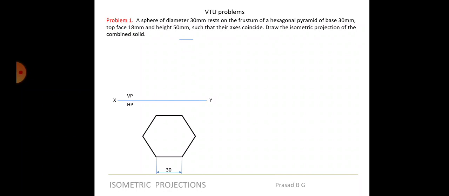If you keep it in the edge condition, the number of edges will be fewer, isn't it? What I'm trying to say is, if you keep it this way, 1, 2, 3, 4 edges will come in the front. If you keep it rotated, that is in the edge condition, then in the front you will get only 3 edges. That means in the isometric view the visible edges will be fewer, and more lines would go behind.